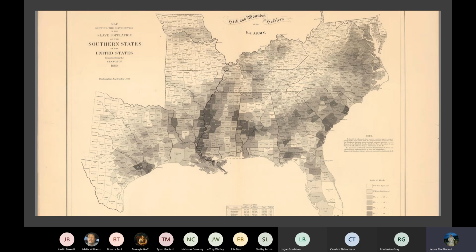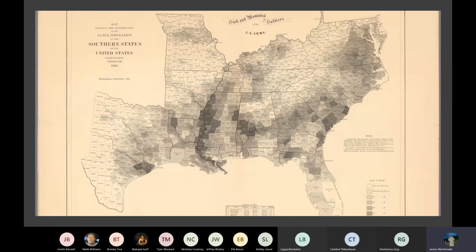Okay, so let's go by the numbers a little bit. Slaves account for one third of the population in the South in the antebellum period. One out of three people is enslaved. But depending on where we're talking about in the United States, the percentage of slaves in a given state is very, very different. 1.6%, less than 2% of the population in Delaware is enslaved.